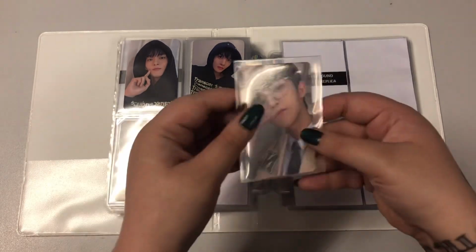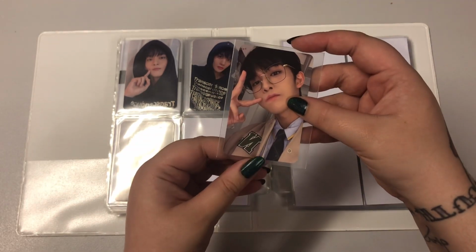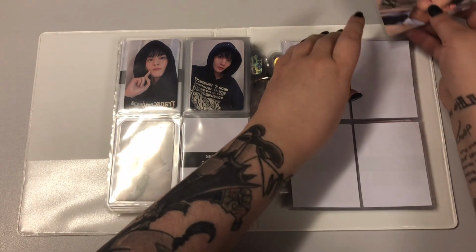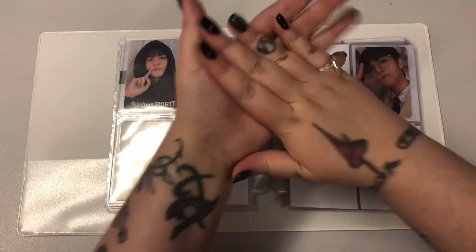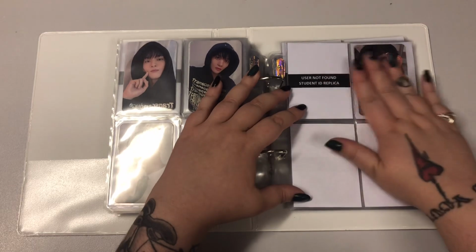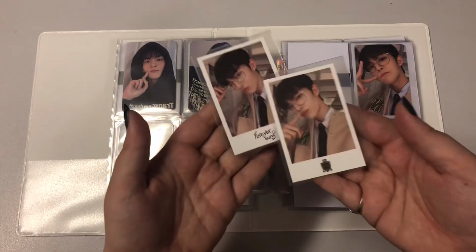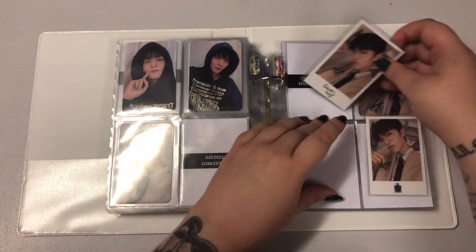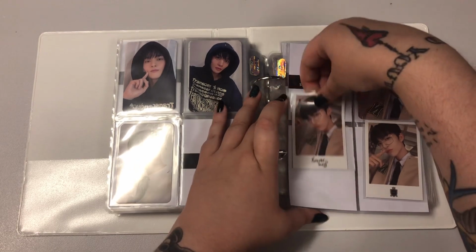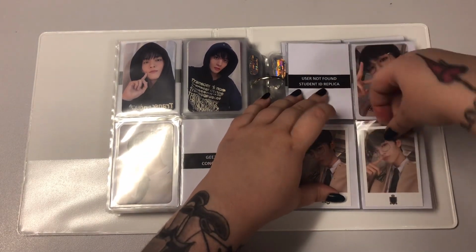The next card I have is the Everline 2022 Seasons Greetings pre-order card, because Everline managed to send out my Seasons Greetings before my pop-up store merch. Thanks, Everline. So there's the pre-order card. And I also have Jinyoung's Seasons Greetings Polaroids, which are adorable. I love this concept so much. So they will go here,